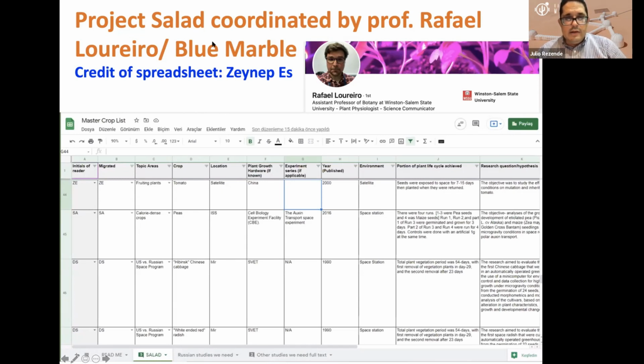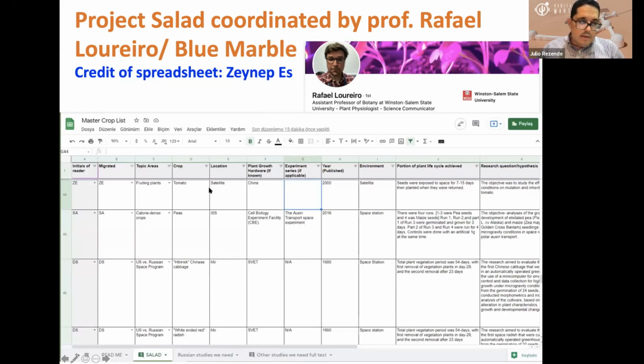This is one of the projects of Blue Marble. Also, this spreadsheet was presented by Zeynep, one of the members of this group, during a recent event about space analog stations. And they are building a database looking at